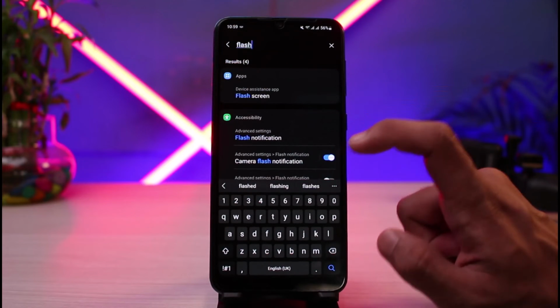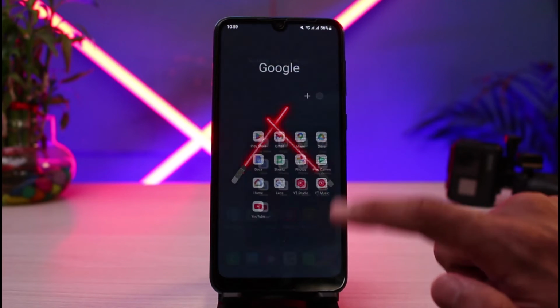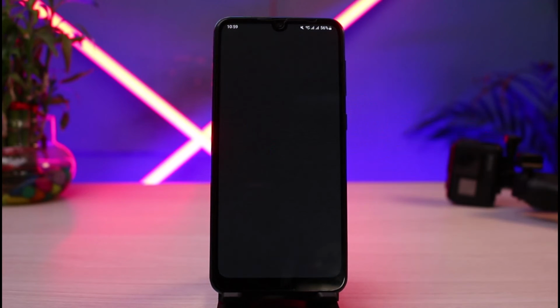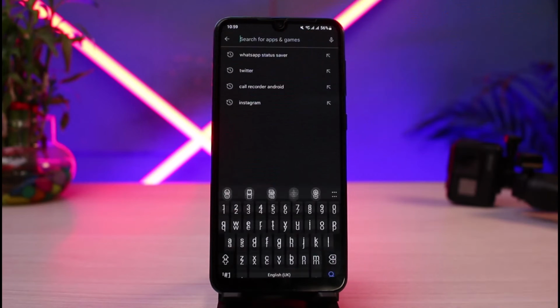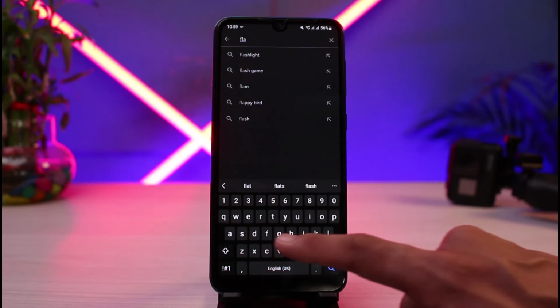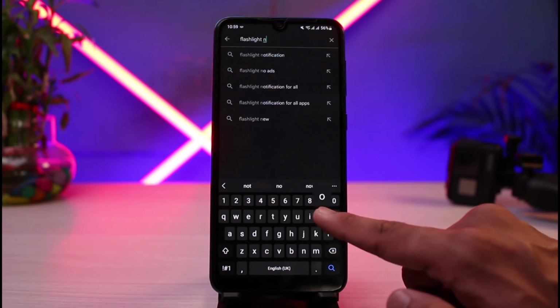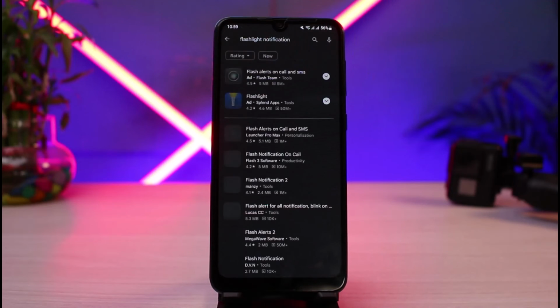Let's say that this solution is not working for you. The other thing you can also do on Android phones is, it's basically easy. You have to simply open your Play Store, and you can do it with the help of a third-party application. So you could go ahead and simply tap on flash notifications. For example, I will simply go ahead and type in flashlight notification. You can basically download any of the apps on this list in order to enable the flashlight notifications on your